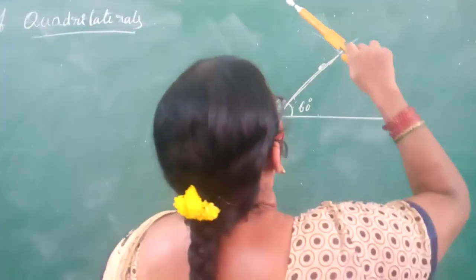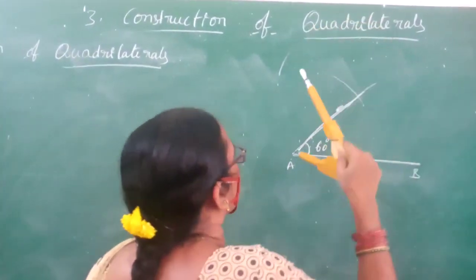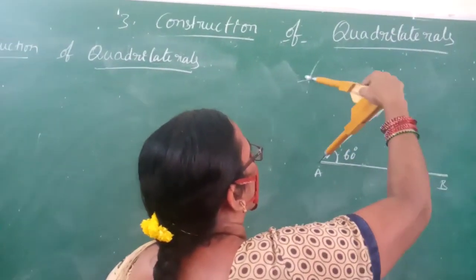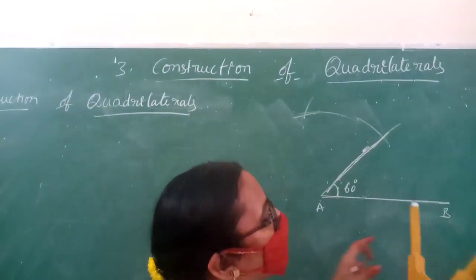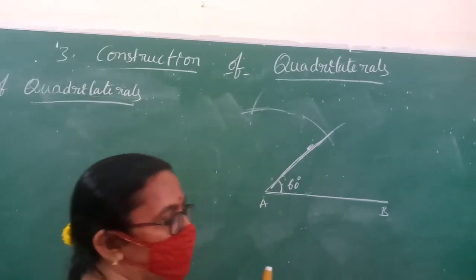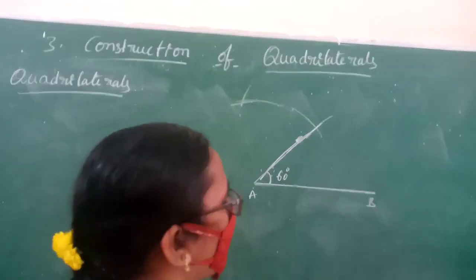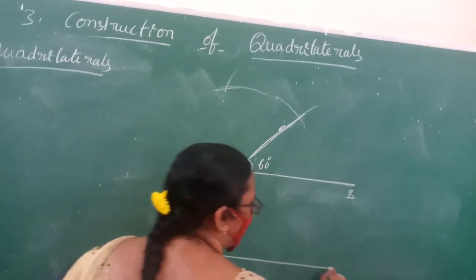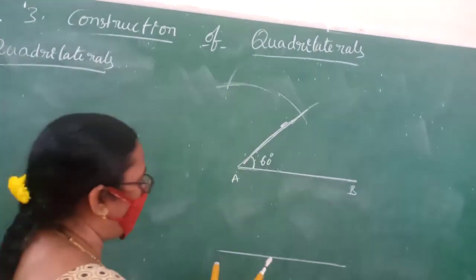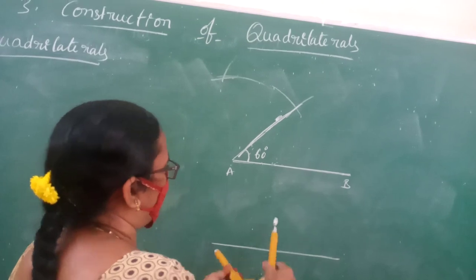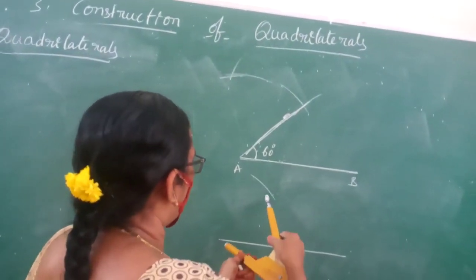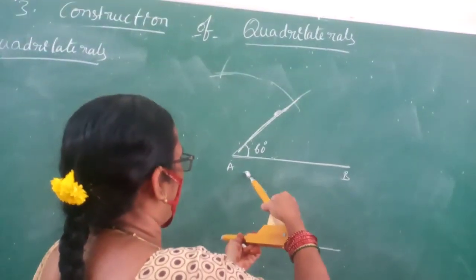What about 120? Don't change this one and also cut like this. You can expand this arm. Don't move the distance between these two points. Okay, you can remember how we can draw. First we draw the line segment. You can take any radius and draw, but don't change this one.